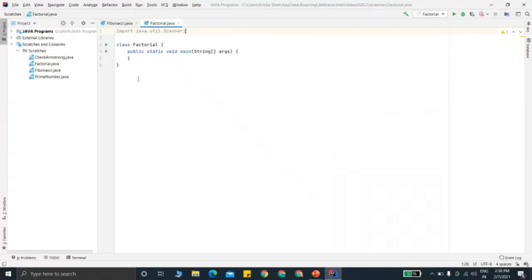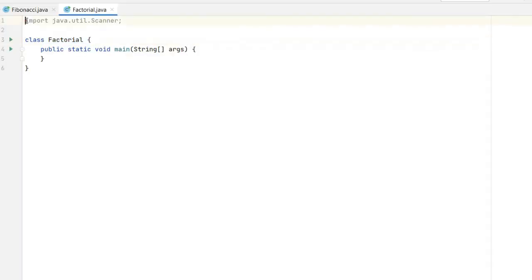I have created a class named Factorial and we have imported the Scanner package for taking user input. So now let's declare the Scanner object.